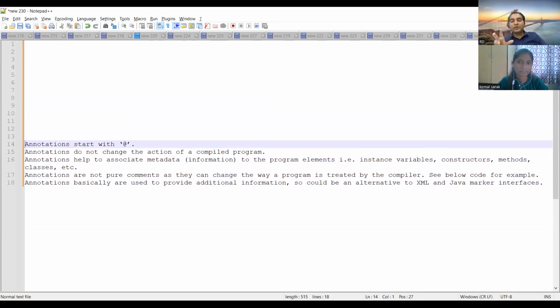Sometimes they seem like comments, but annotations are not actually comments. They can change the way a program will be treated by the compiler. And I'll also show you one diagram so that it is easier for you to understand.